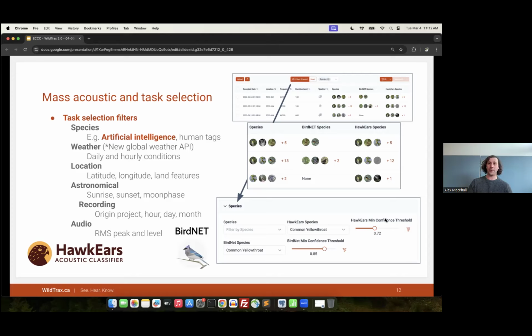On the species note, you'll be able to look through recordings that have already been tagged, and create projects with the recordings that have already had human tags in them. However, you can also take advantage of the artificial intelligence tools that are going to run through all of the recordings that you upload into the system, and select from those artificial intelligence results also to create